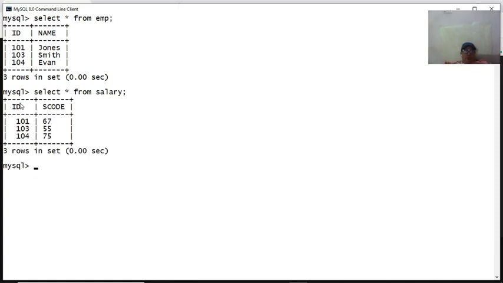These are the two tables, one is emp and another one is salary. You would be noticing the id attribute is common, its name is common, its values are common. So these two tables can be joined naturally. How? See, select